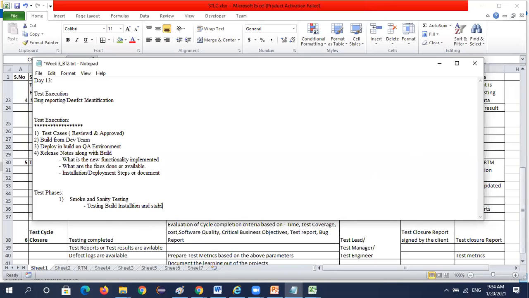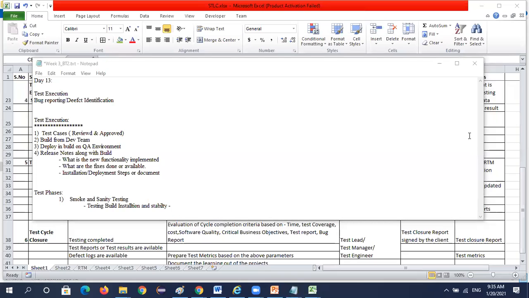So what is a smoke test? What do we do in a smoke test? Anyone? I think testing this module with valid data to make sure that it runs without crashing or failing. Exactly, basic testing. So we will verify whether the application is stable or not, whether it is eligible for testing, and whether the installation steps they have provided are working in our environment or not. So whether the build is ready, stable or not.